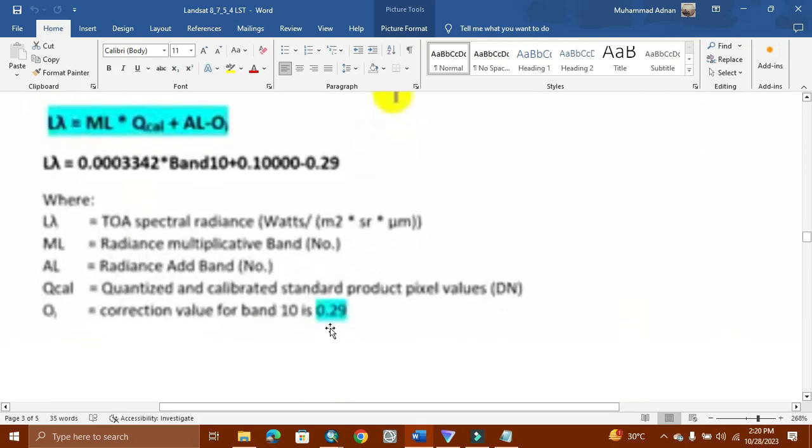is 0.29. Okay, this is the constant value. These are the constant values. Just this value will be changed, which is called the DN value or the raster value. Okay,